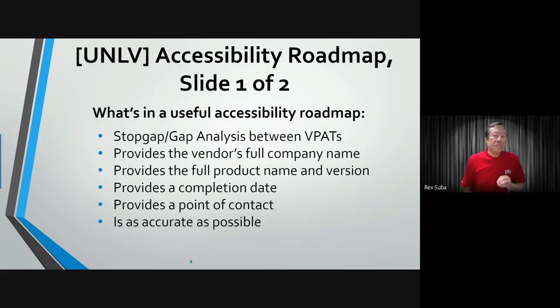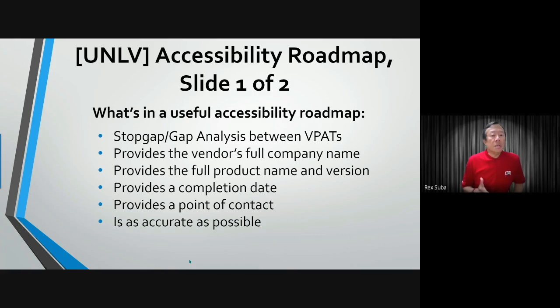In the case of a vendor that has a VPAT, and maybe they haven't done it in a while, so they have that obsolete wording, but they can come to an agreement with our office to work on it in good faith, we would have this accessibility roadmap, which is a non-contractual agreement to address the shortcomings of the previous VPAT, so that in a year, when we would ask the question,